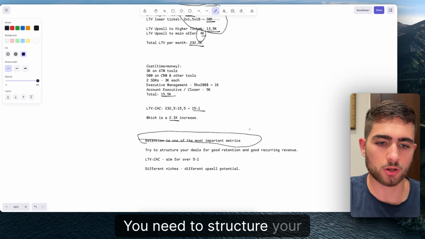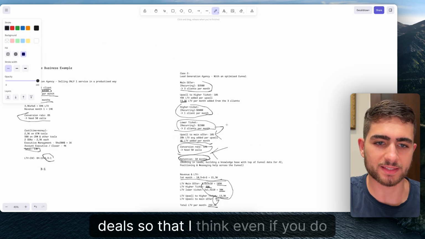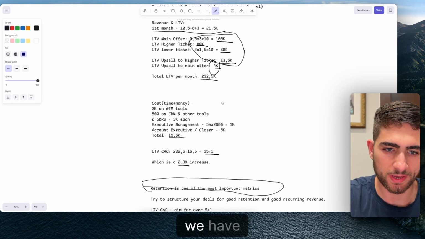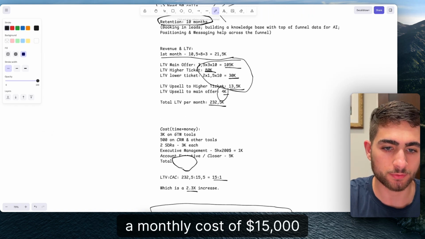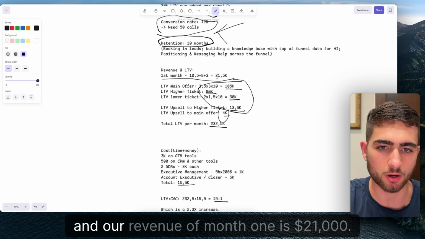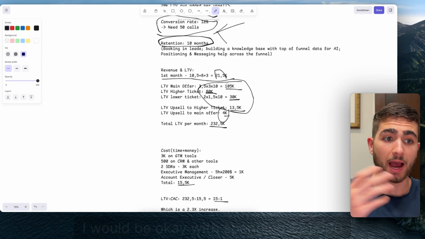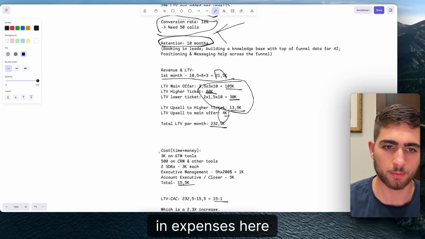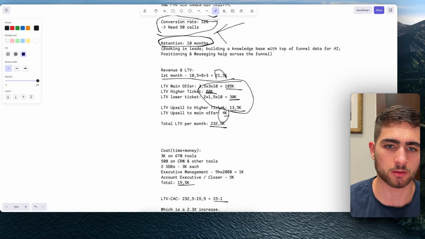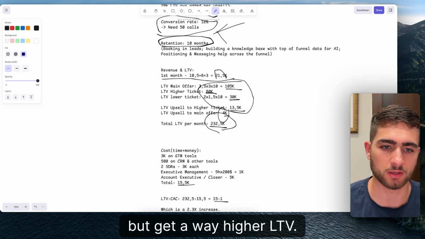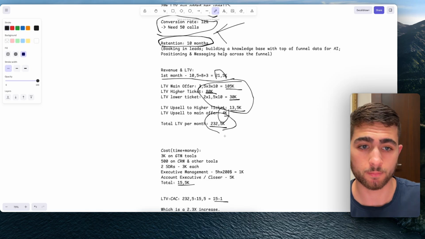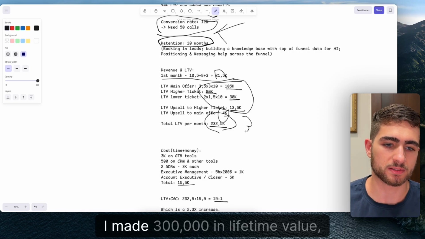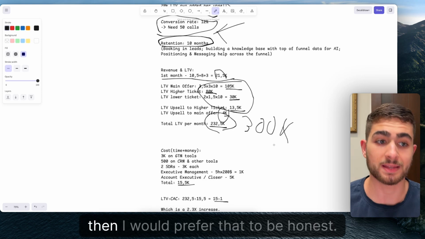You need to structure your deals so that, even if you do not necessarily profit on the front end, say we have a monthly cost of $15,000 and our revenue of month one is $21,000, I would be okay with spending $21,000 in expenses here to get $21,000 in revenue, but get a way higher LTV. So if there was a way for me to spend an additional $6,000, even if I don't make any more revenue the first month, but let's say I made $300,000 in lifetime value, then I would prefer that, to